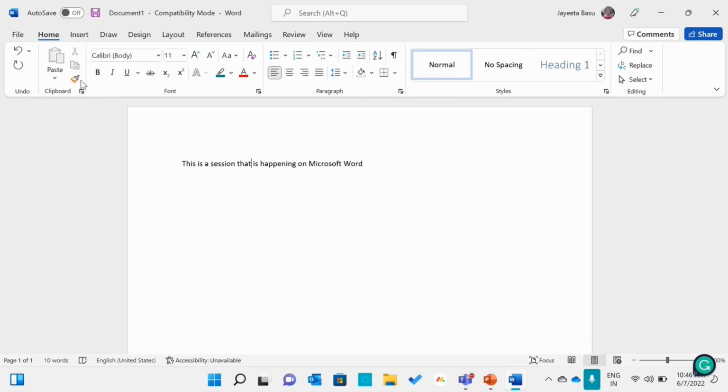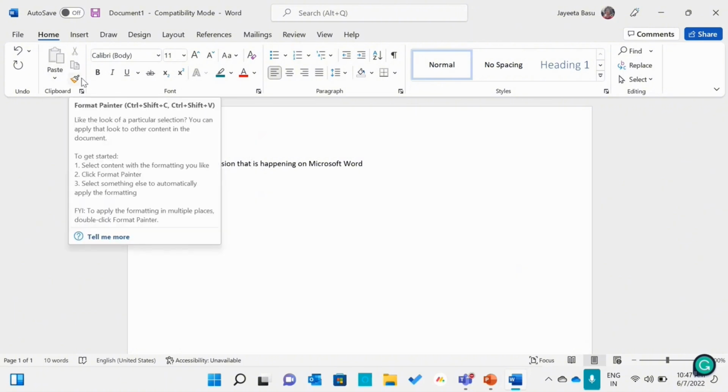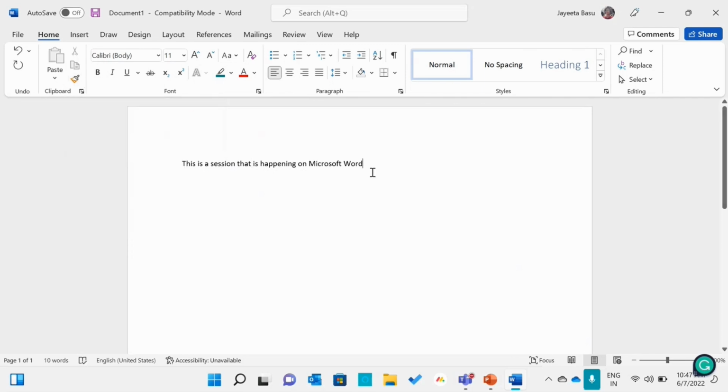Second is the clipboard, where you have the cut, copy, paste functions. Also, you have something called the format painter. Now, what is format painter is, let's say, this is my first sentence. This is my,